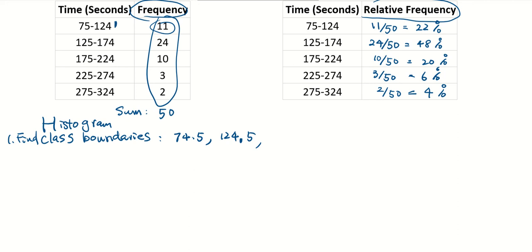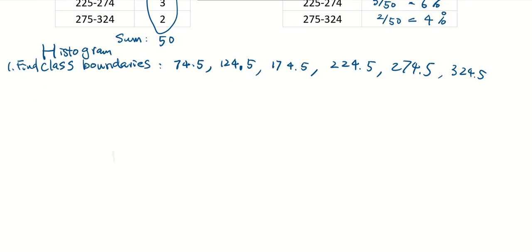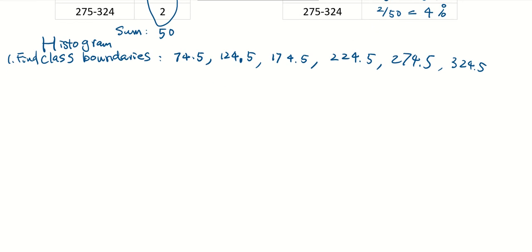Then it's here, 174.5, 224.5, 274.5, and 324.5. So once you found all the class boundaries, you will draw a graph like this